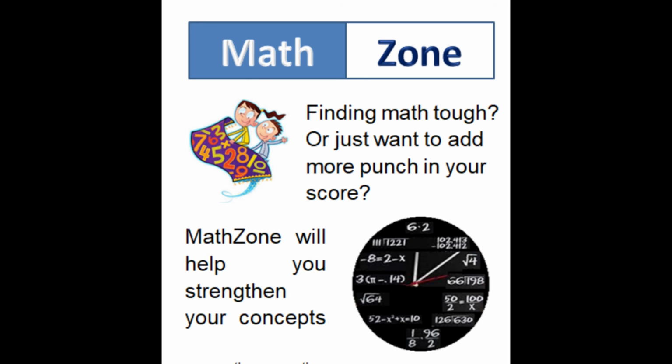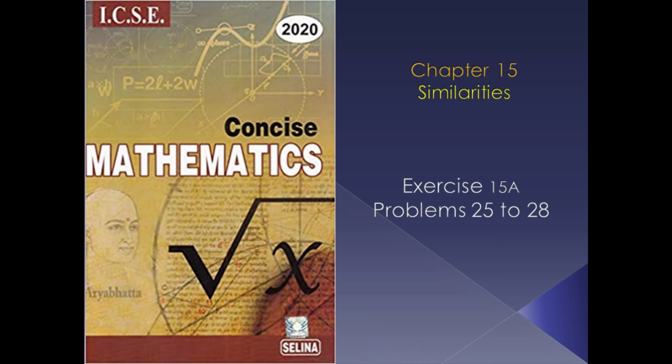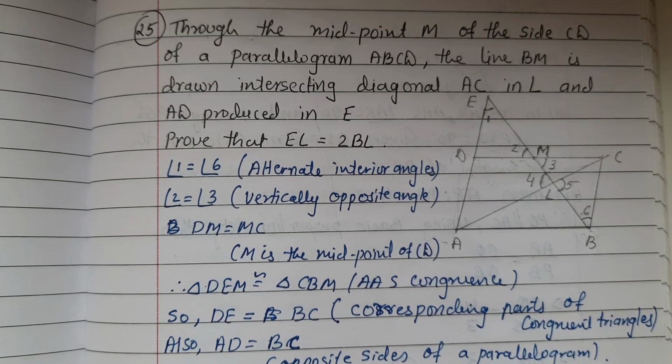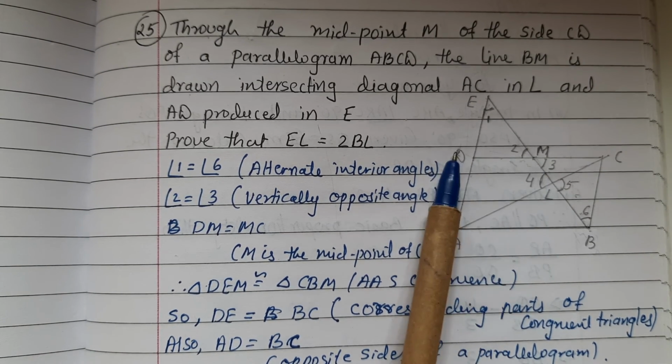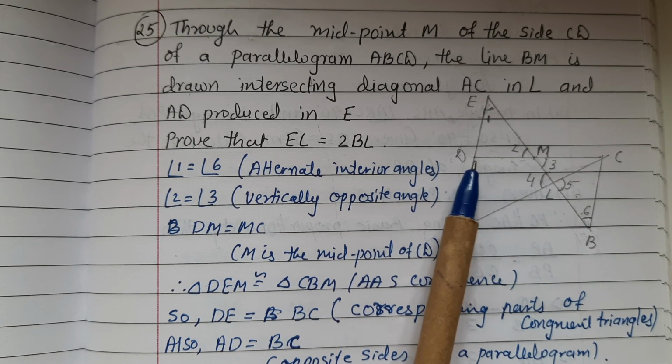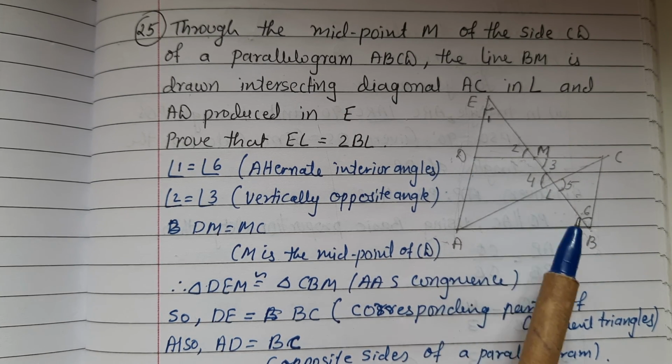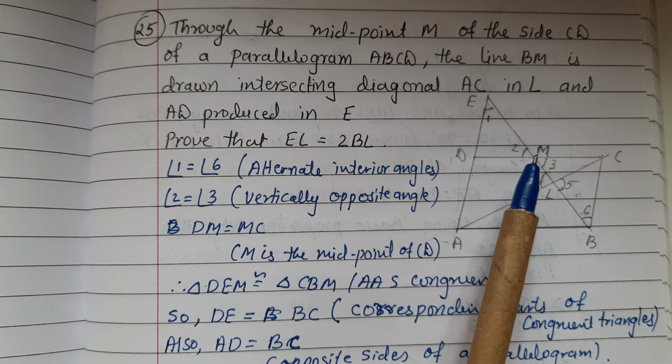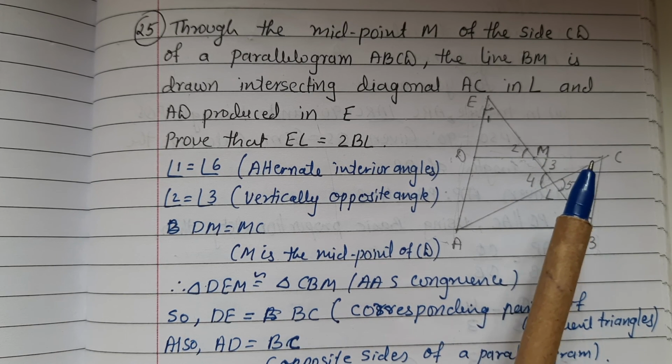Selina, Class 10, Chapter 15, Similarity. Sum number 25. Through the midpoint M of side CD of a parallelogram ABCD, line DM is drawn intersecting diagonal